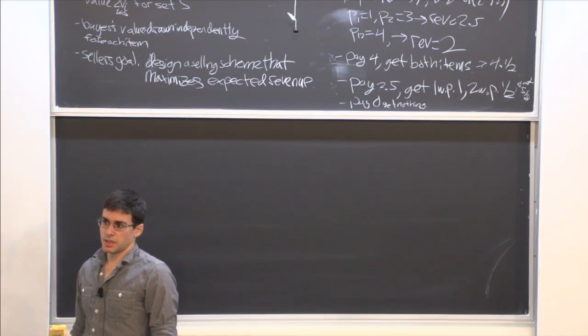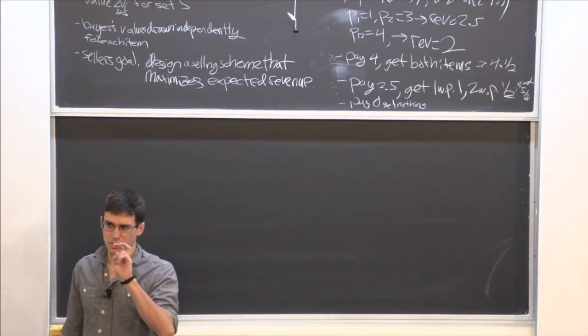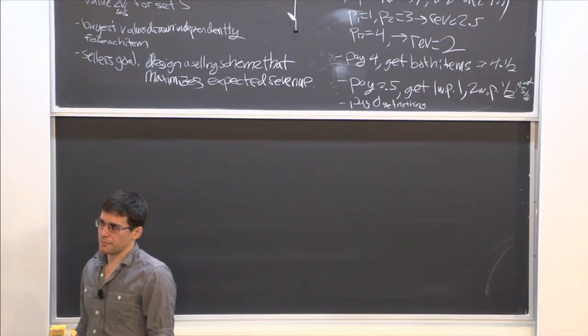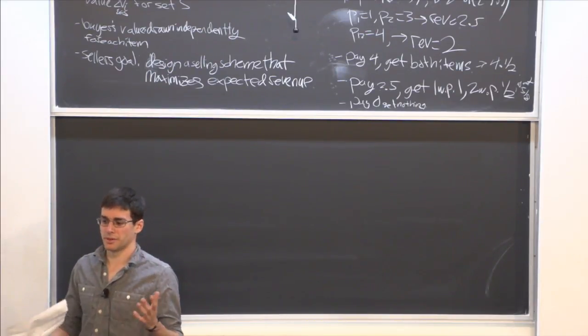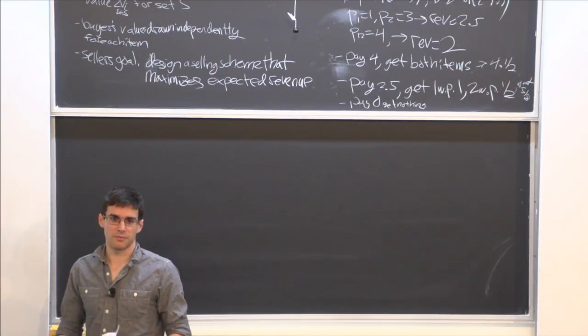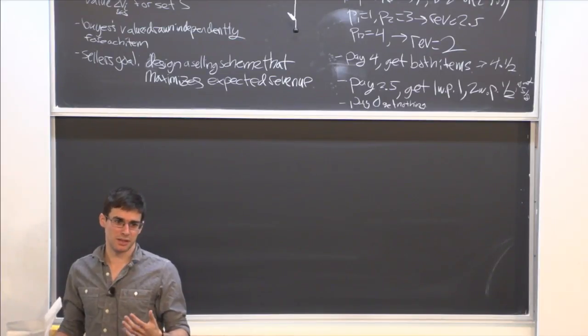So if one of them doesn't do, that's a modeling assumption, I guess, that the buyers are selfish or self-interested. If they don't do what's best for them, I guess then that's getting more into the game theory questions of why would a buyer walk into a store and do something that's